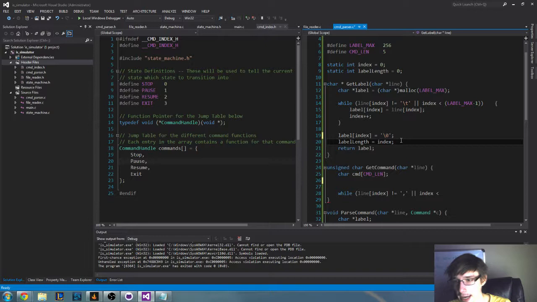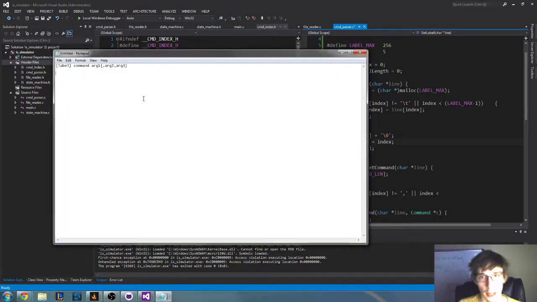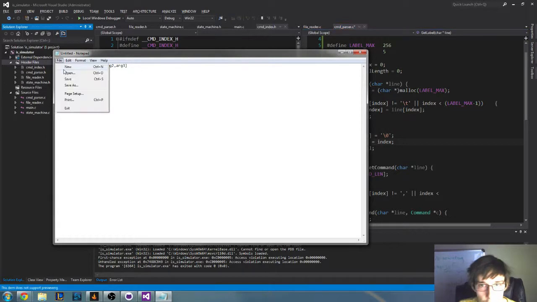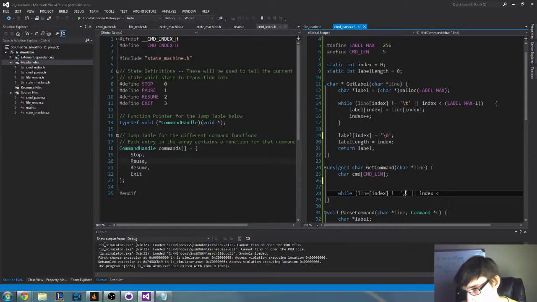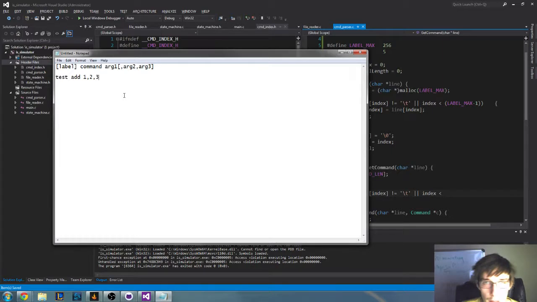So if we go back to our file here, let's make this font big. Okay, so here we have the st command with the tab 1, 3. That should be a tab as well. We'll change the number. Okay, so let's say that's our input. So it'll read in these 4 characters, and then it will